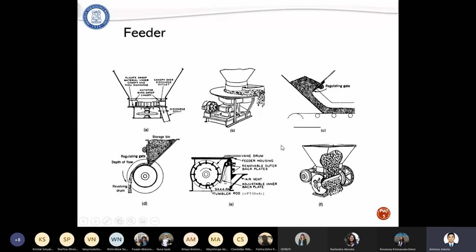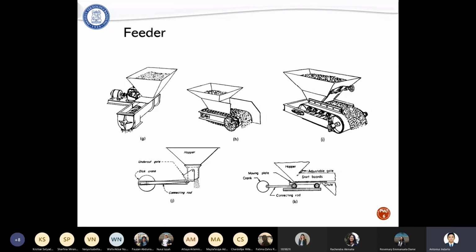Or we have this kind of arrangement, controlled by this plate. The speed of rotation of this plate controls the flow of solid particles entering the solid storage. So this system shows how to manage and control the velocity of the solid particles entering the storage. And what about the agglomeration that I mentioned?